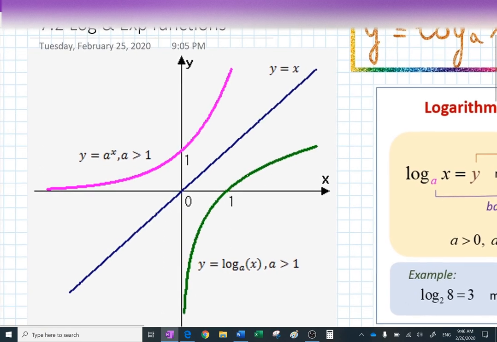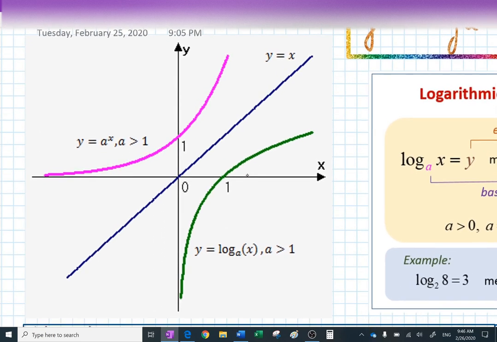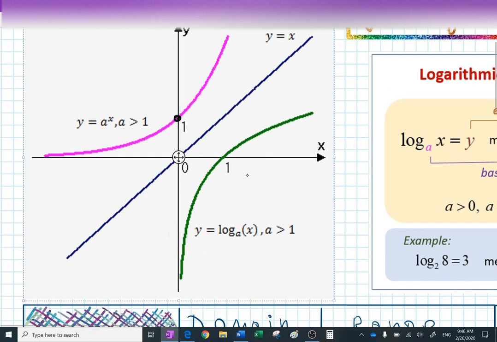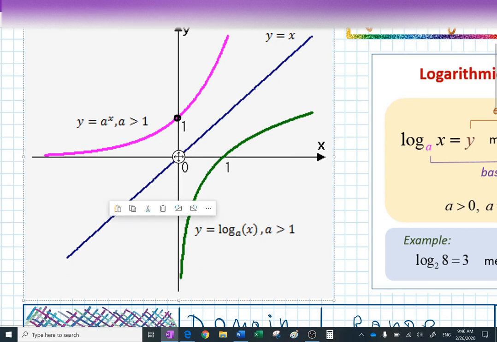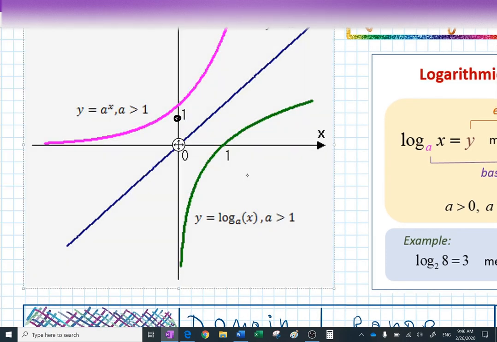Last time I mentioned, to find an inverse function, you build y equals x and use it as a mirror. You're reflecting your function with respect to that y equals x function, like a mirror. So the exponential function y equals a to the x looks like this. The pink one goes through (0, 1), because when you plug in 0, you get 1. Versus the logarithm y equals log base a, this is how you should see it,